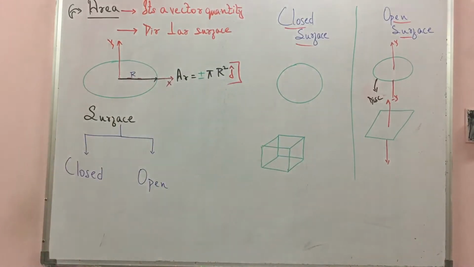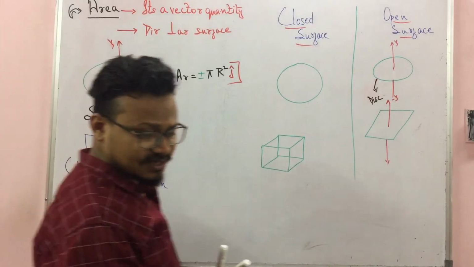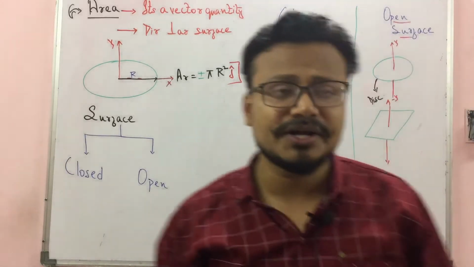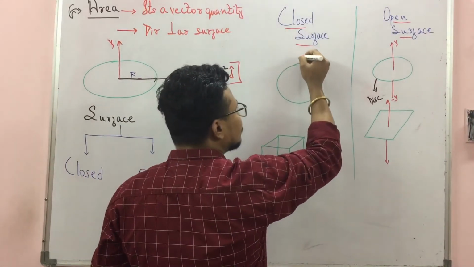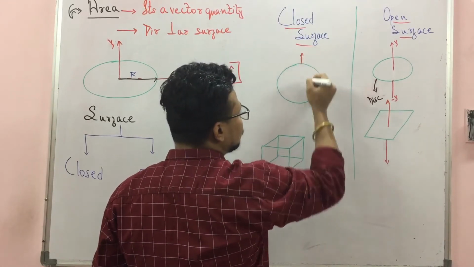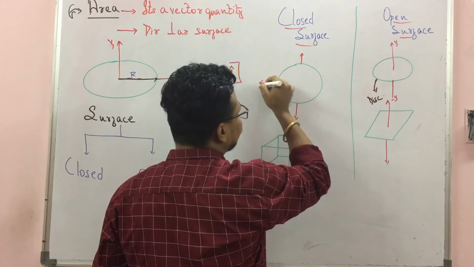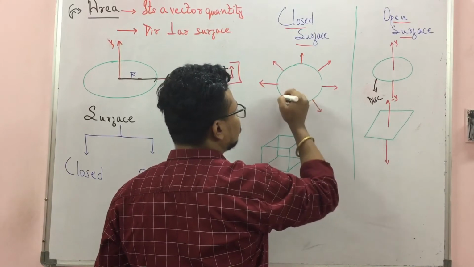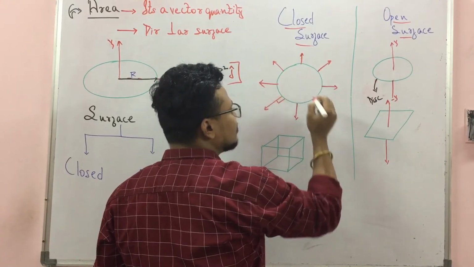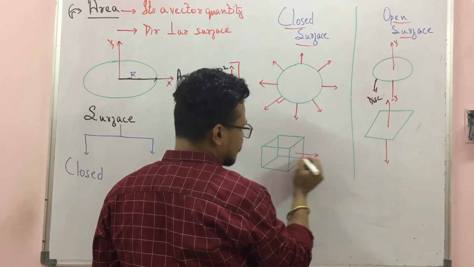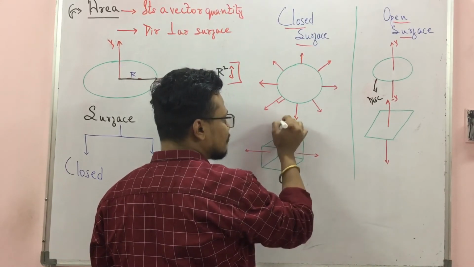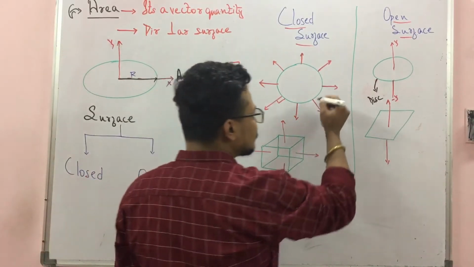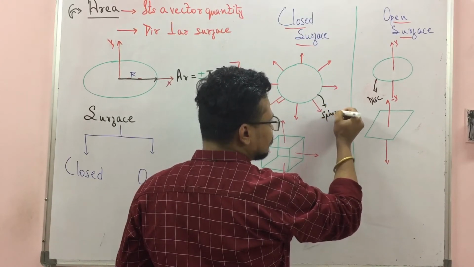Okay. Then how will we show the direction in this? Area direction will always be perpendicular to the surface. See here, like this it will be. It's a sphere, the direction will be like this, outside, on the whole surface. And this will be perpendicular. Here also something like this, going up, coming down. See? Always perpendicular. This is a sphere, and this is a cube.